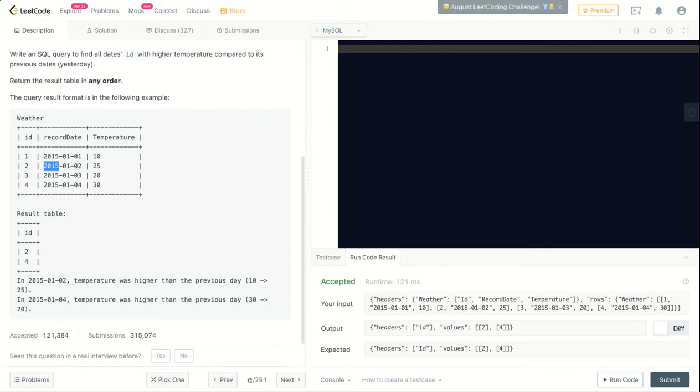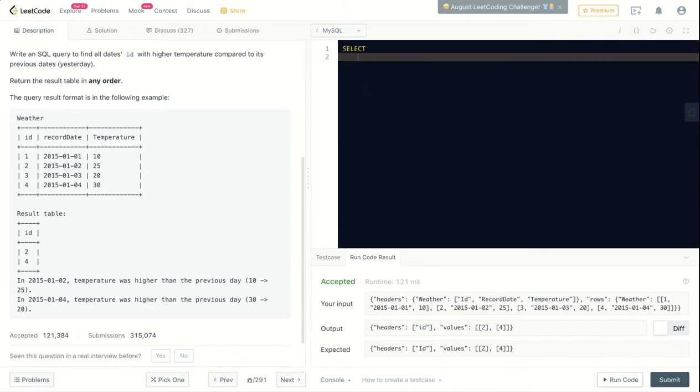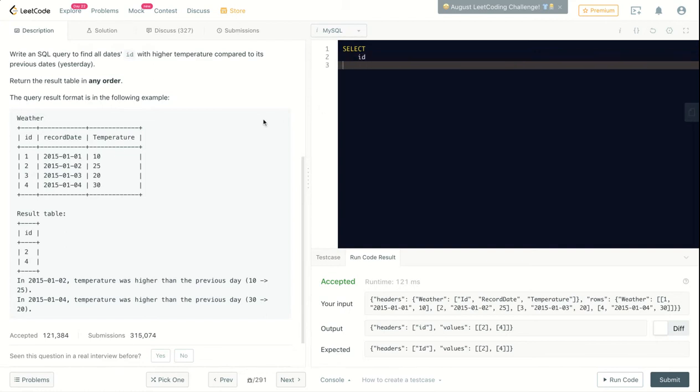But the interesting stuff will be the joining condition. Usually we'll have the foreign key equal to the primary key from 2 tables. Yeah, that's what we usually do, but here we will make it a little bit different, which is very interesting in my opinion. So select ID, just ID from table name